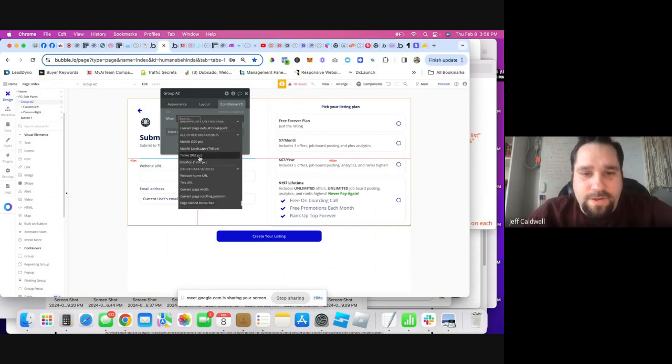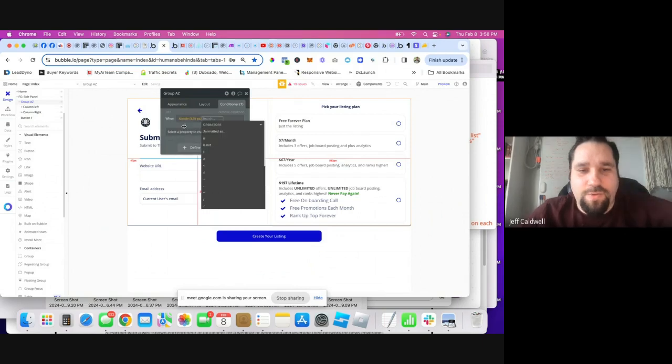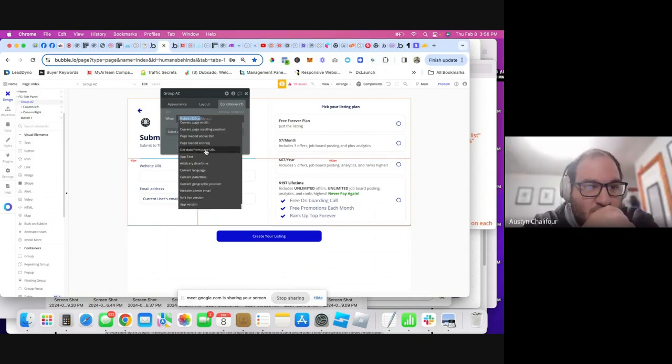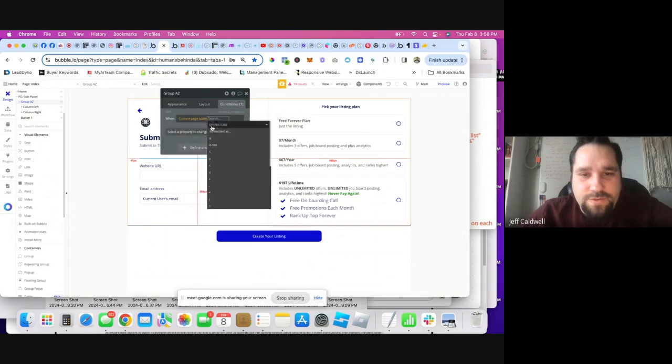oh, look at they did this. So if mobile landscape, I think if mobile, so when mobile, that's not what I want. All right, when screen, let's see, when current page width, yep, current page width is each the bigger number. So when it's less than mobile,